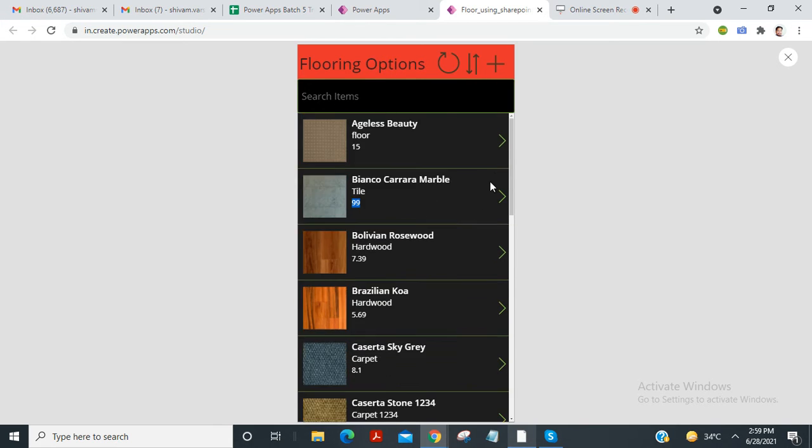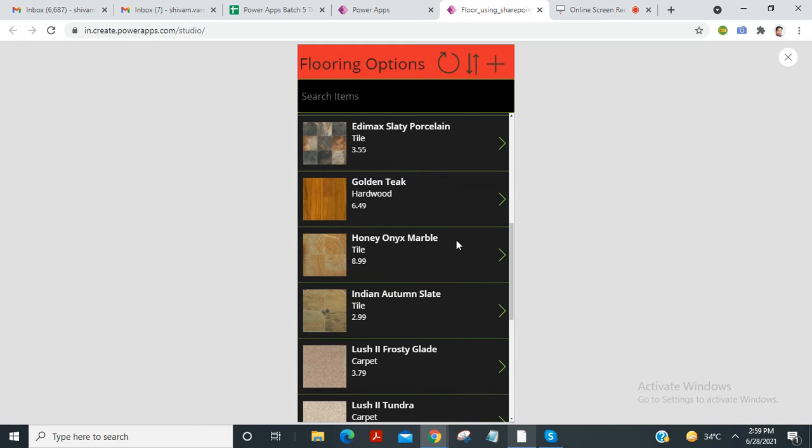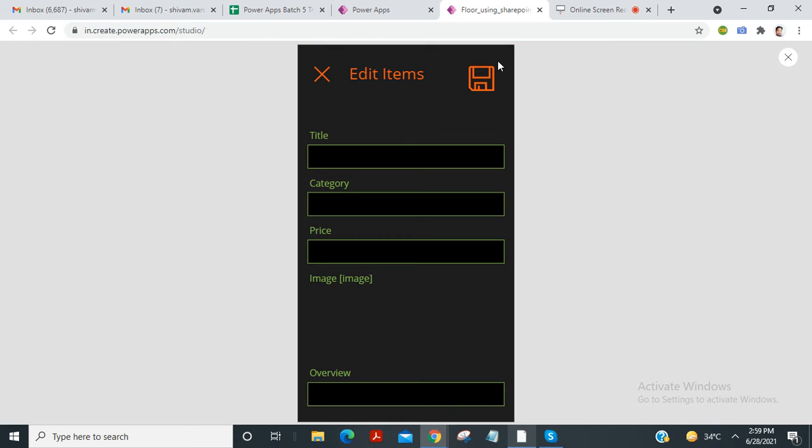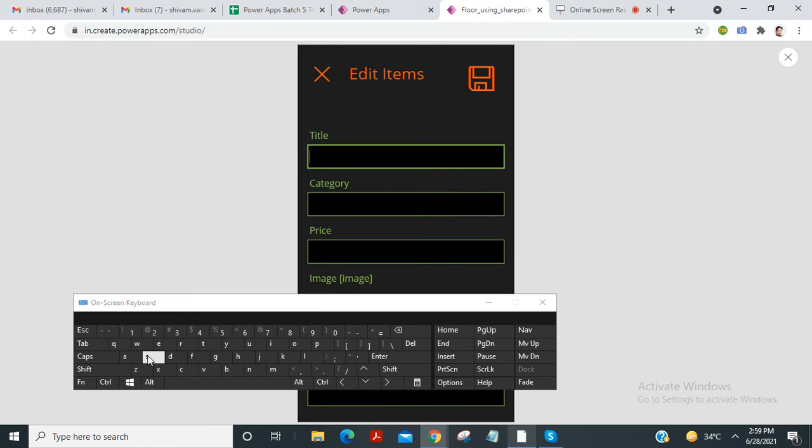If we want to add an item, from this plus button you can add a new item. For the title, you can add anything. We can mention floor. For the category, we can add it as paint.